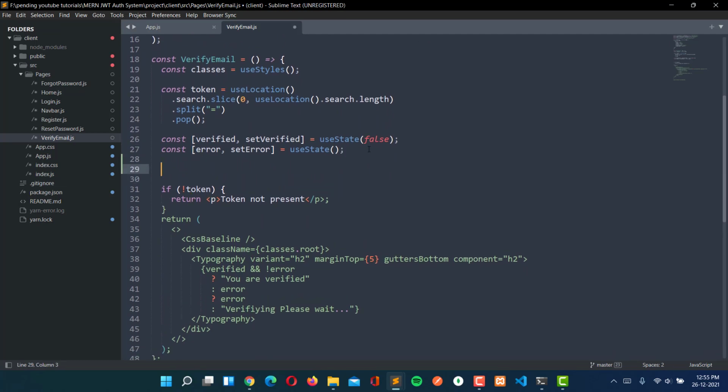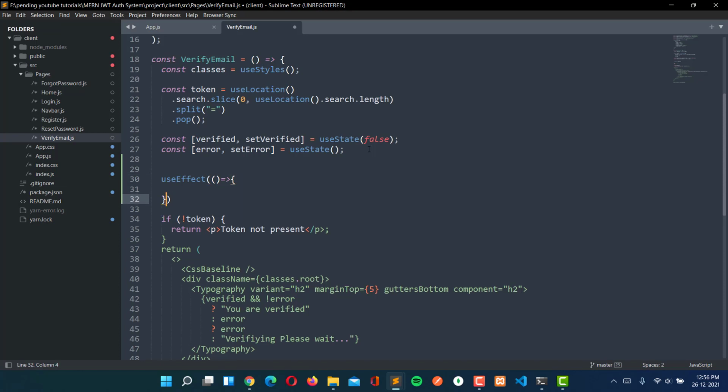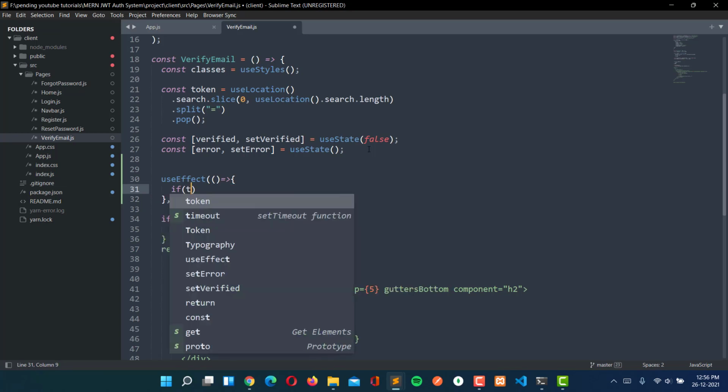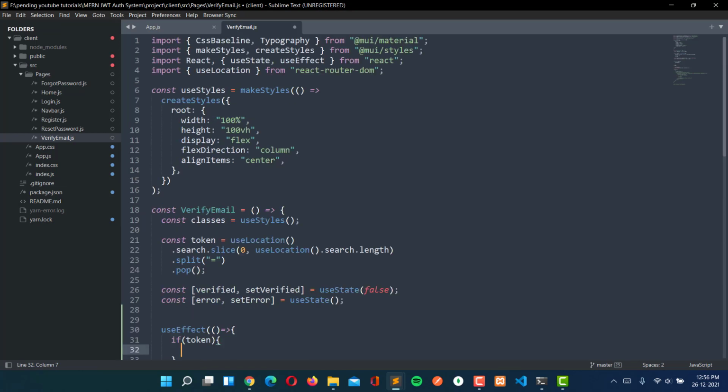So if only token is present, so if token is present here, then only we are going to send the request, otherwise we are not going to send the request here.